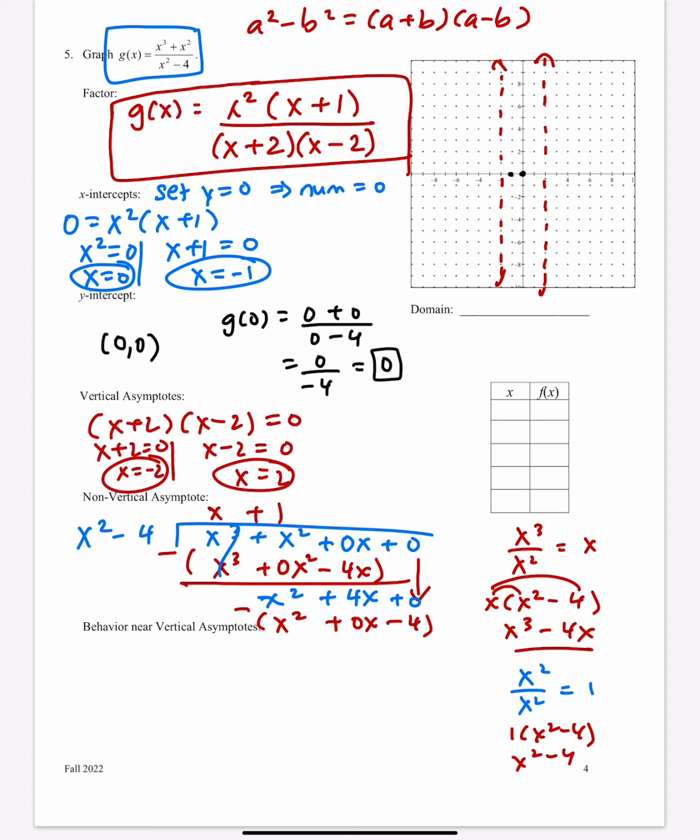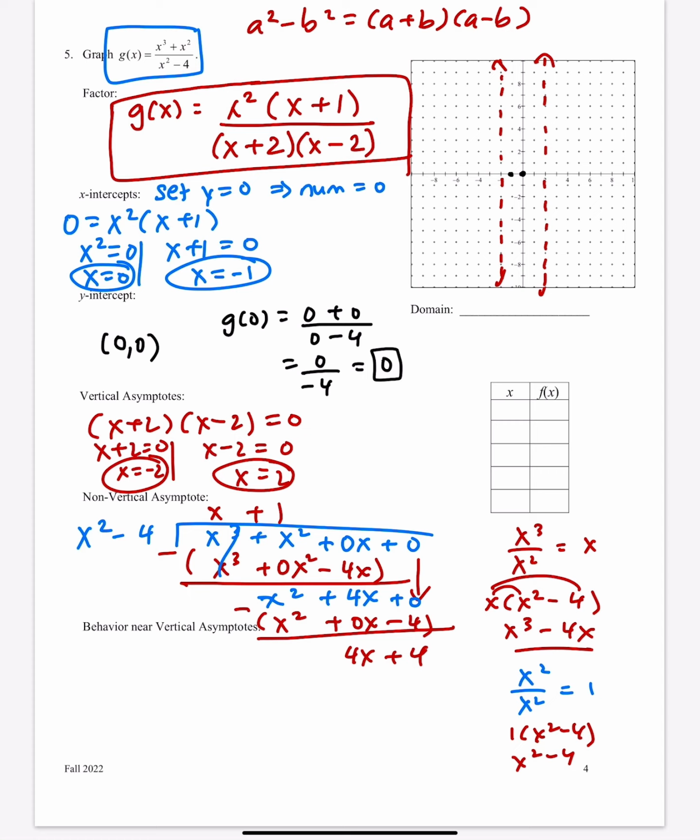Minus 4. Right? So we subtract, and we're left with 4x minus 0x is 4x, and 0 minus negative 4 is plus 4. So the remainder was not very helpful, right? We didn't really need it, the remainder. But this remainder tells us that it crosses our